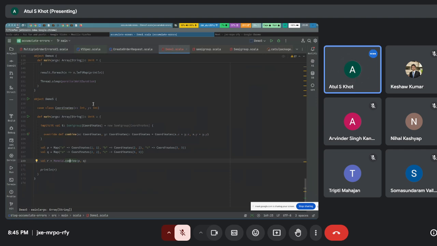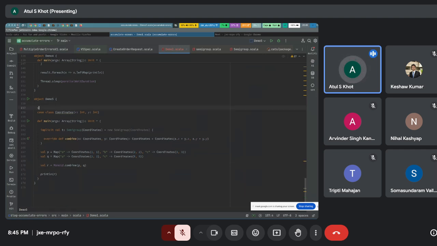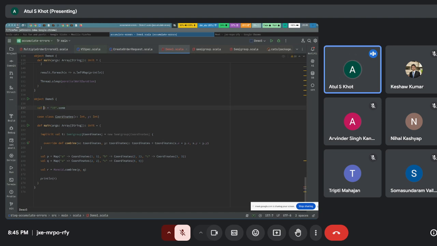You can say I have something like p equal to 10 dot some, and if you look at it, it is basically an Option. So this is a very useful way